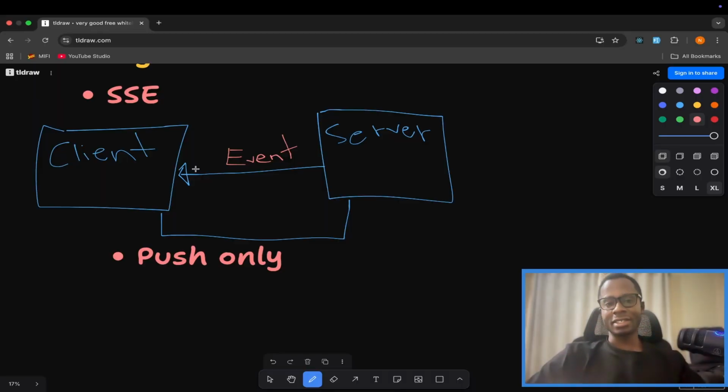You will like it. But also, as I continue teaching you system design, I'm going to touch on some of these concepts deeply in the coming videos. So for now, understand that a server sent event is a push only mechanism whereby the server pushes events or pushes messages as events to the client, and the client's work is only to listen to these events and does